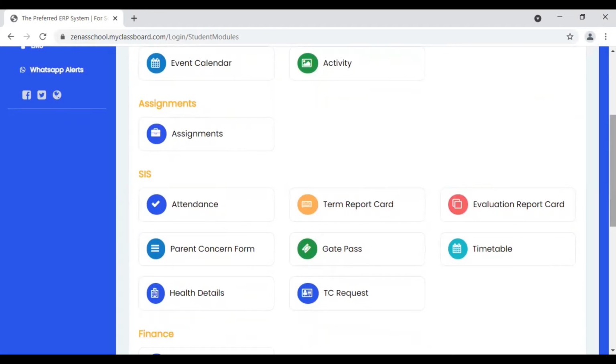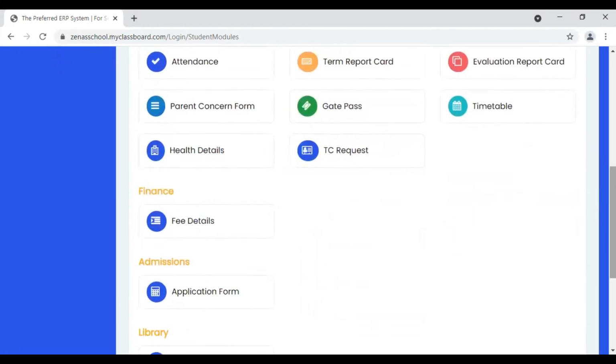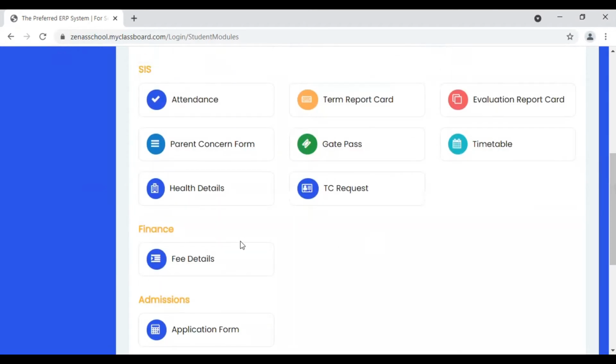The grade book or term-wise report cards can also be used here. In finance, you can check your fee details, like your total fee and transactions, the balance, the due amount and the paid amount. You can even download your receipts from here. This is about finance.